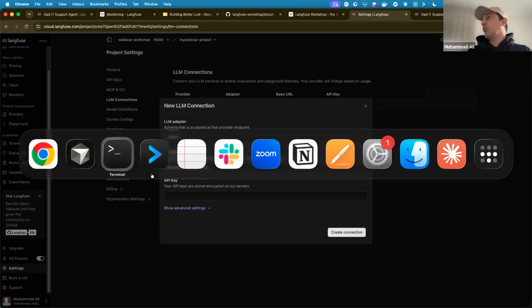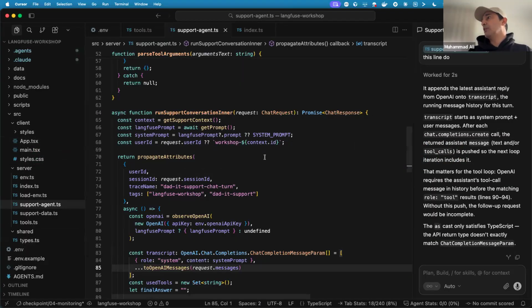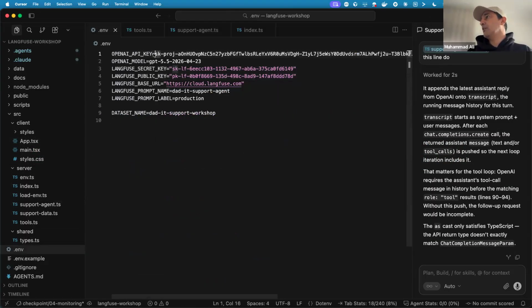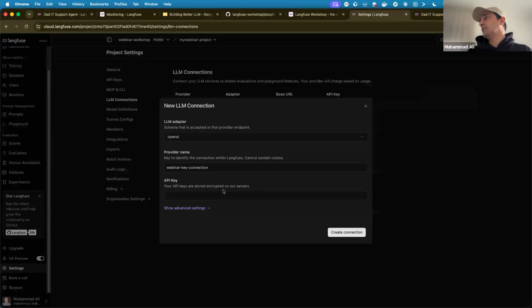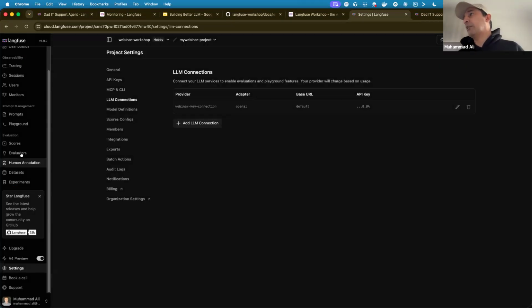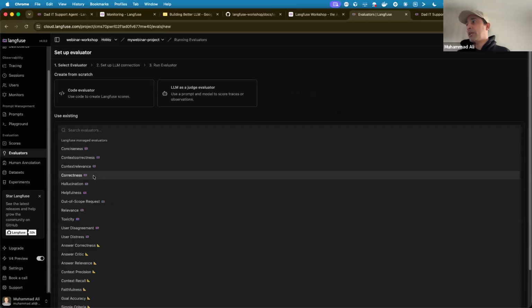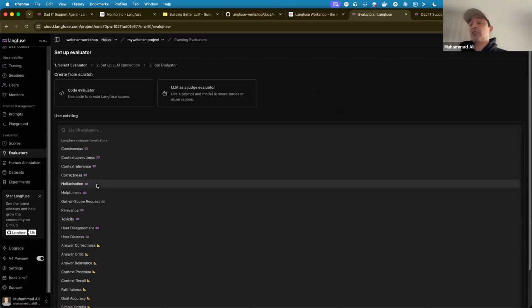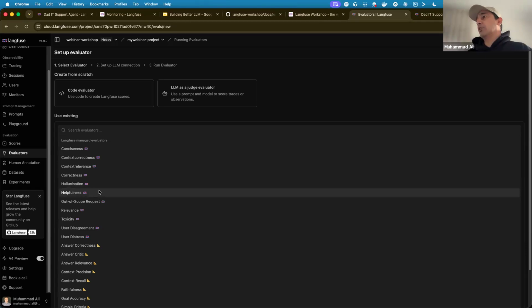And then go back to your code. Remember, we gave you the env file, the OpenAI key. Copy that key back in here. That's it. That's the connection we need for us to be able to use the evaluators, which are online and using LLM as a judge. So this is a very critical feature. LLM as a judge is a very popular feature. People use it to attach a score to online traces using another LLM. Okay, it doesn't have to be the same LLM. It could be another one, or it can be the same as well. Because the prompt is where the evaluation logic is written.